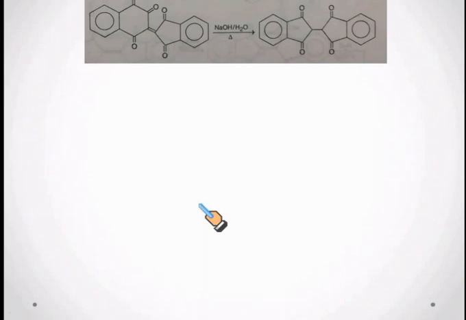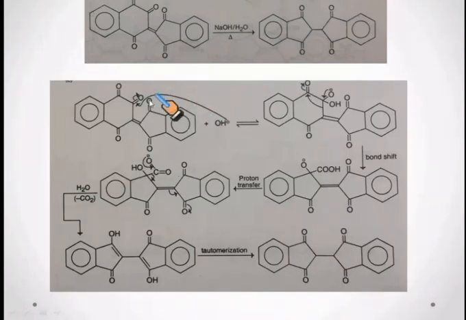Now what is the reaction mechanism of this process? First, the hydroxide ion undergoes nucleophilic attack on the carbonyl carbon, and the attack takes place at this carbonyl carbon because this is more electron deficient than this carbon, because the plus R effect of the phenyl group makes this more electron rich than this carbonyl carbon. So nucleophilic attack takes place at this carbonyl carbon and consequently generates this anion, which undergoes bond migration and forms this